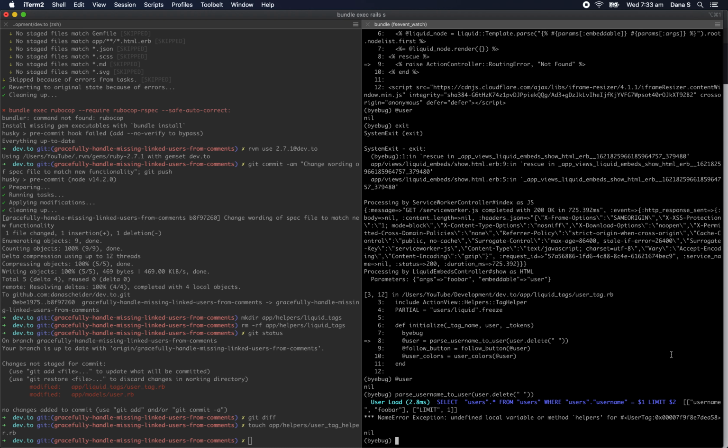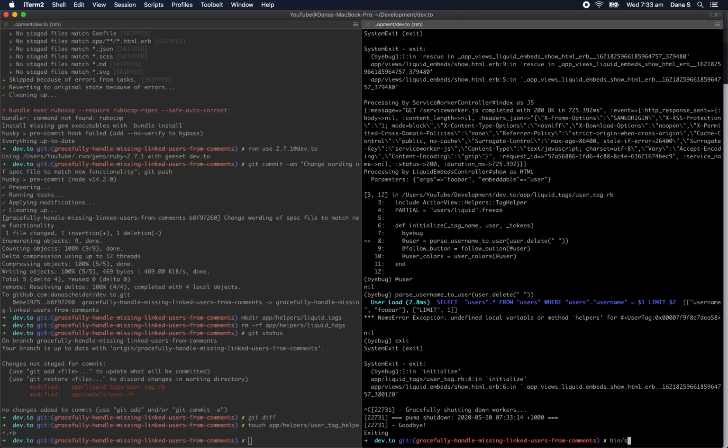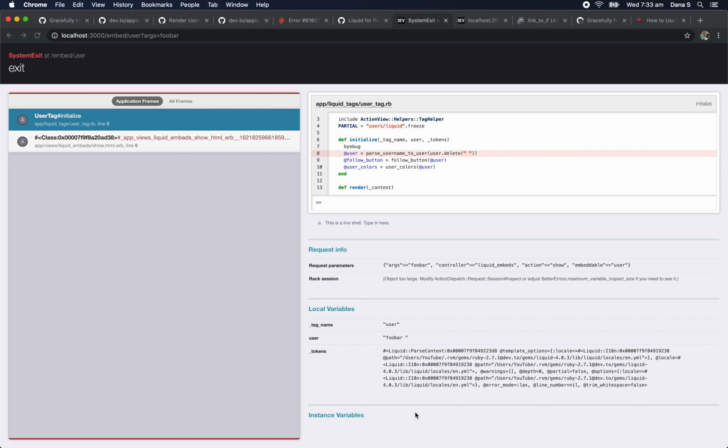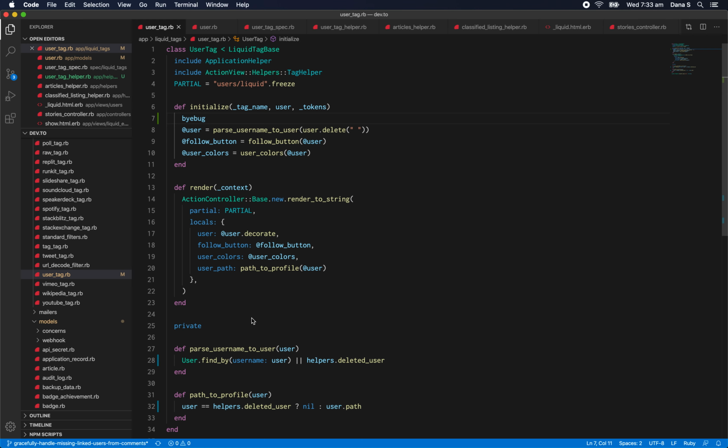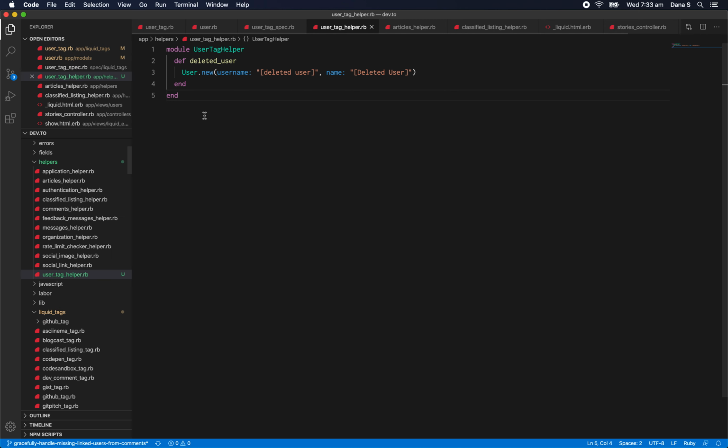Okay, so yeah, it says that this is an undefined local variable or method helpers, and that's actually what we expected because of this not being a controller. So this helpers object is not going to be available outside of the controller. So what if we make it a constant? Because I almost like it better as a constant than as a method anyway. What if we do